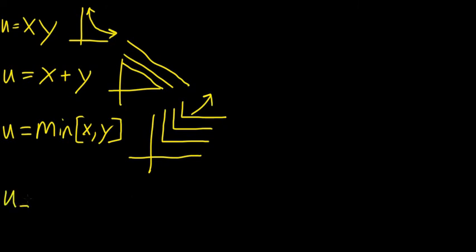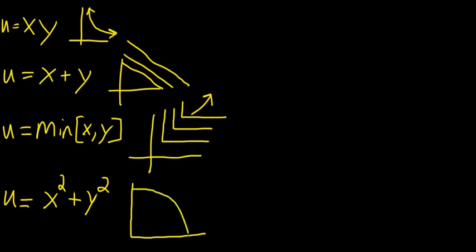Another example, we could have something like x squared plus y squared, and in this case you would actually get indifference curves that curve the other way. These are just a few examples, and we'll go over them in much more detail in later videos, explaining why they are the way they are and how we can work